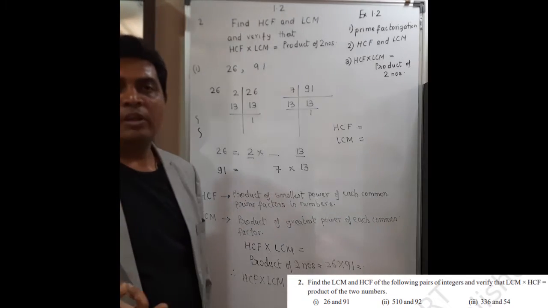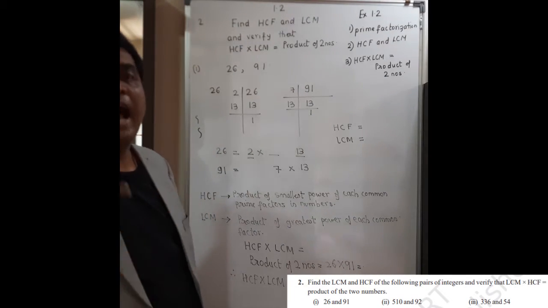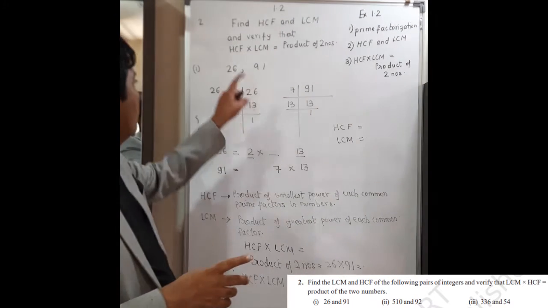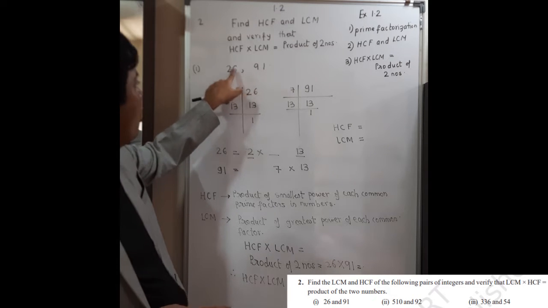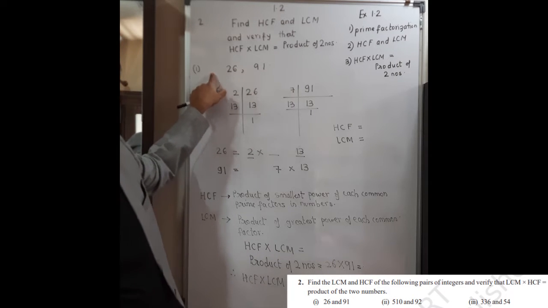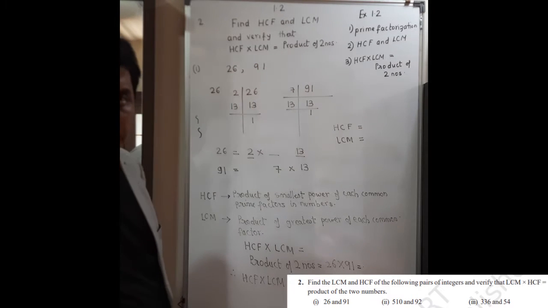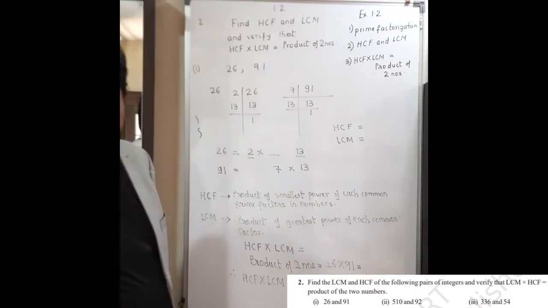Because for any two given numbers, one is always a factor. So here you have to find the highest factor. Okay, so this is the meaning. Actually, HCF is always the smallest number or smaller than the smallest number, and LCM is always the biggest number or bigger than the biggest number. Okay. Now we have to solve this by the prime factorization method.